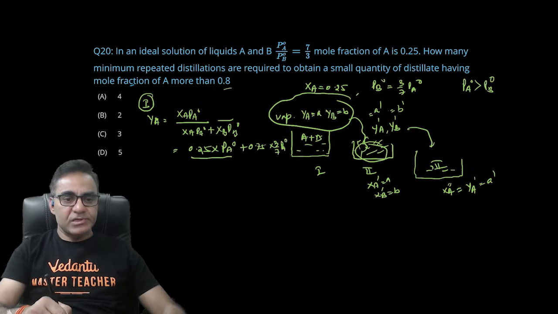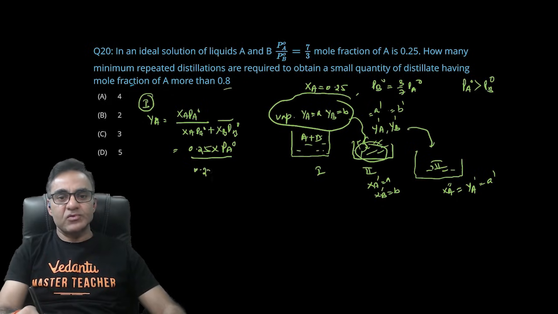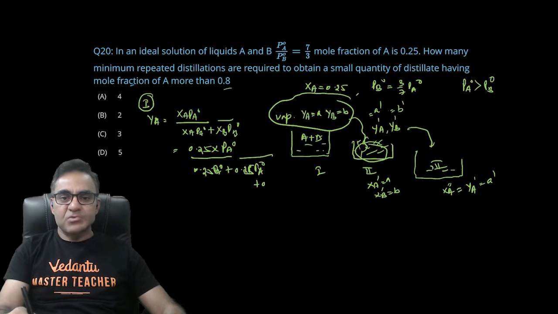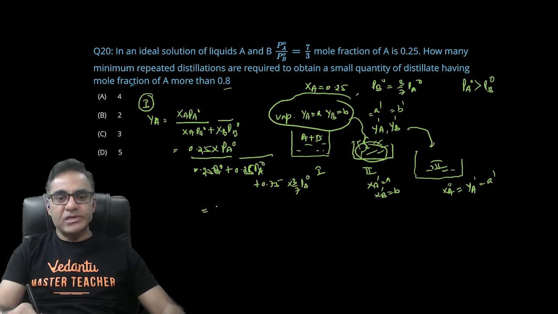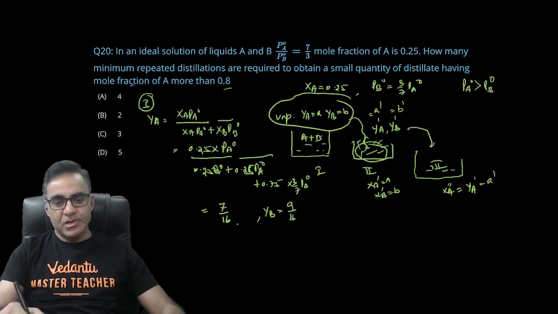अपॉन, एक सेकंड, इसके अंदर मुझे न्यूमरेटर में थोड़ा चेंज करना पड़ेगा, हाँ, टोटल प्रेशर से नीचे लिखना है, तो ये हो जाएगा 0.25 पी ए नॉट अपॉन 0.25 पी ए नॉट प्लस 0.75 इंटू 3/7 पी ए नॉट। अब देखो पी ए नॉट तो कैंसिल हो जाएगा, यहां से आपको वाई ए मिलेगा रफली 7/16, तो वाई ए पता चल गया तो वाई बी पता चल जाएगा, इट विल बी 9/16, 1 माइनस वाई ए।